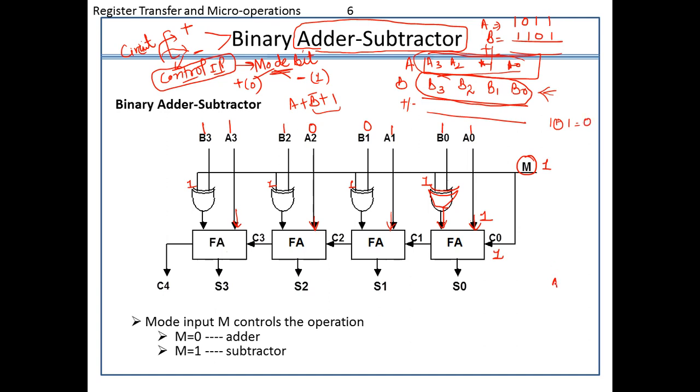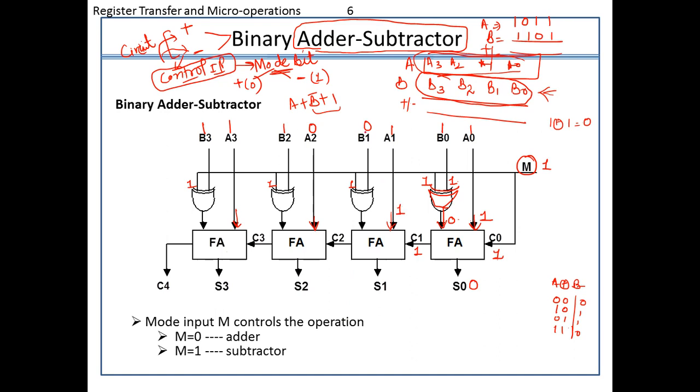So if I have to design A XOR B here, for 0, 0 the output will be 0. For 1, 0 or 0, 1, the output will be 1. In case of 1, 1, the output will be 0 in case of XOR gate, right? So that's why for 1 XOR with 1, I will get 0. So 0 plus 1 plus 1 gives 0 as a sum and 1 as a carry. Okay, so let's proceed ahead.